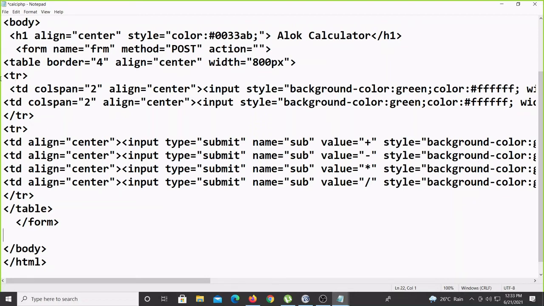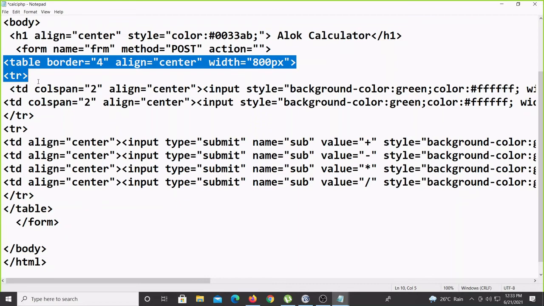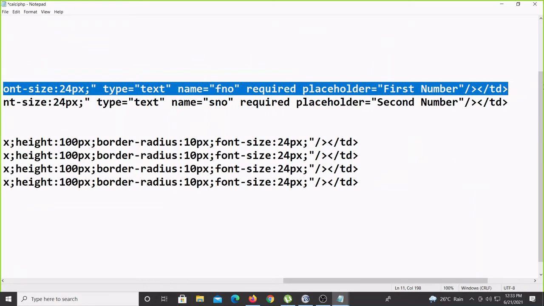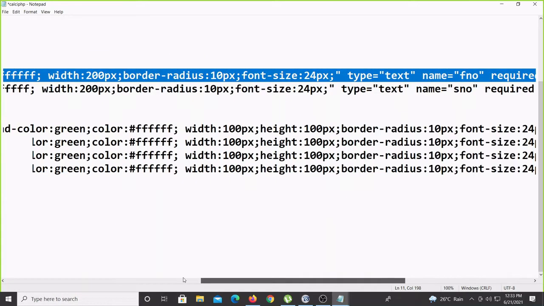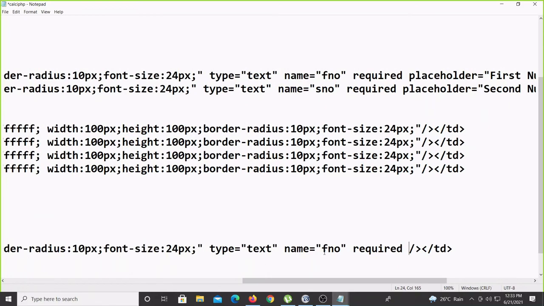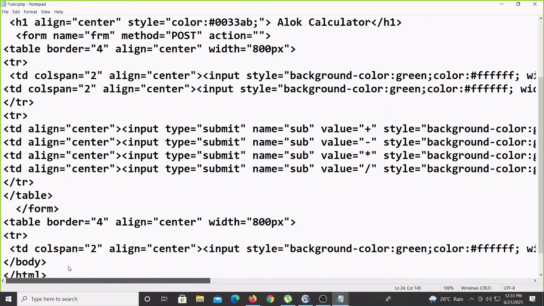If you want, you can take one more table and make it, otherwise you can merge into the same table, whatever you are planning. For my work it is very simple, I can go for one more table. And a placeholder I'll put here. Actually the placeholder is not required here, because here we are displaying the result value. And the input box name also is not required, I can display the value directly here. And td we can close here.